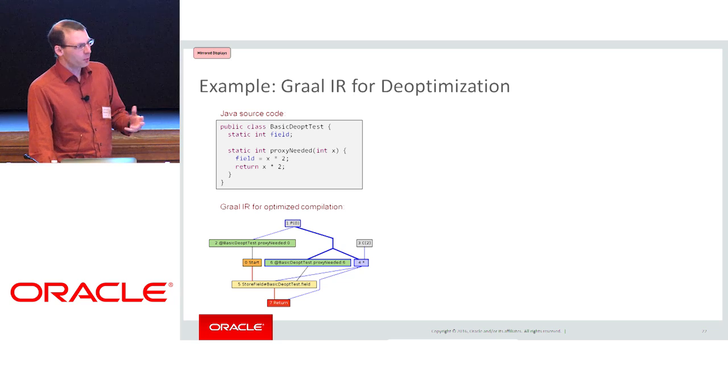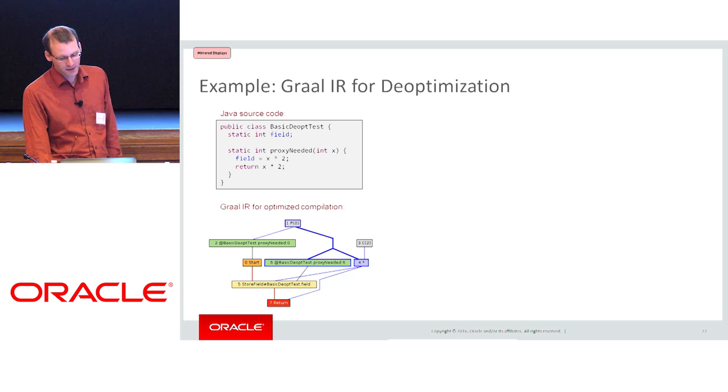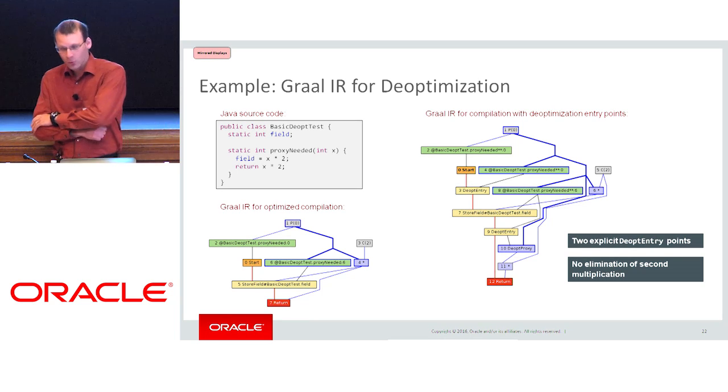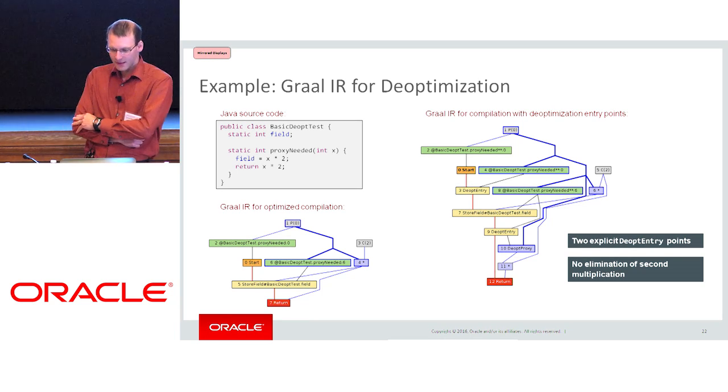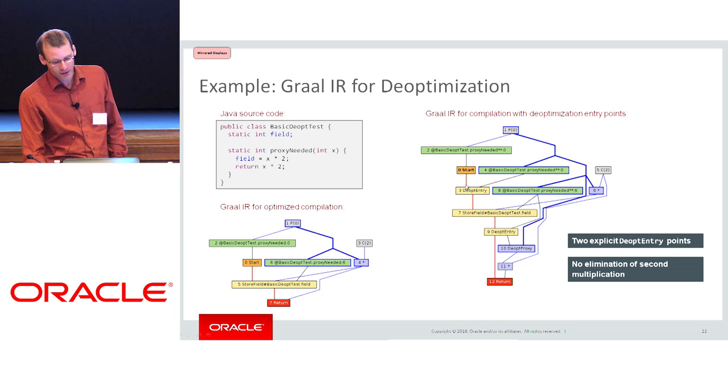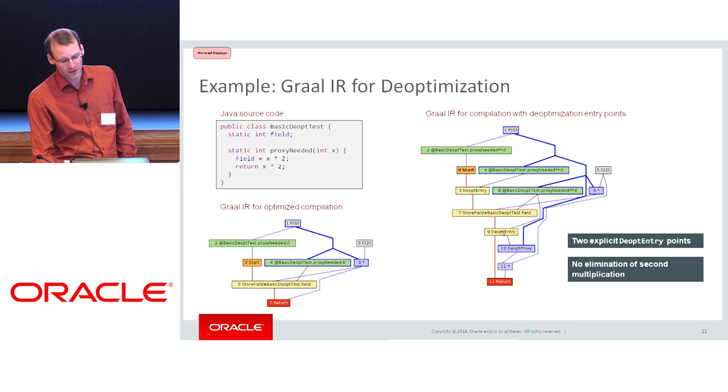So we have to support these two entry points in our de-opt entry code, and we do that really explicitly in Graal by inserting fixed control flow nodes, saying we have a de-opt entry point here, and we have another de-opt entry point here, and they both have their own frame state again. If you de-opt to here, then you have bytecode index 0, and if you de-optimize to this frame state, then you de-optimize to bytecode index 6.